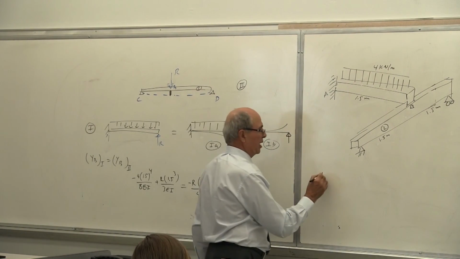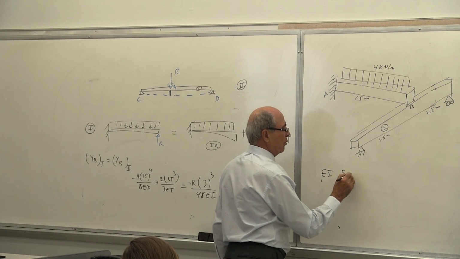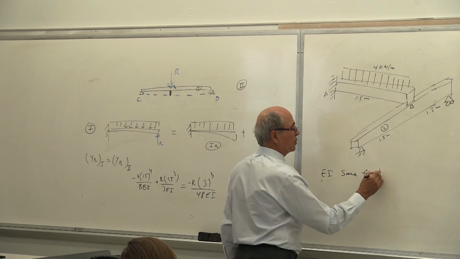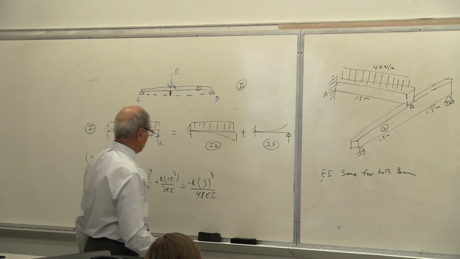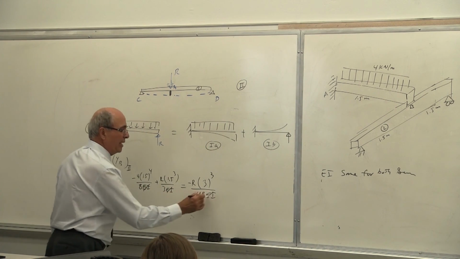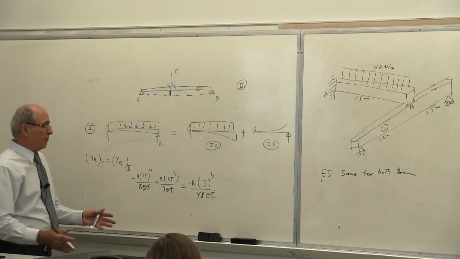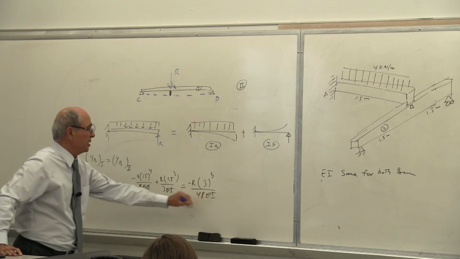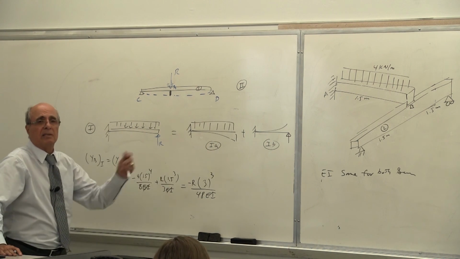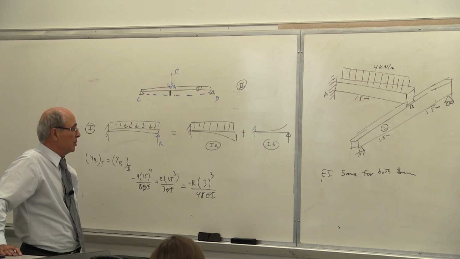So I assume EI same for both beams. Write it down. For both beams. It says in the problem. It's in your handout. So if that's the case, EI and EI will drop out. If not, you plug in the number, there will be a ratio. Is that correct? Let's say if this is 30,000 ksi, this is 10,000 ksi. Okay, so you put it there, so ratio 3.